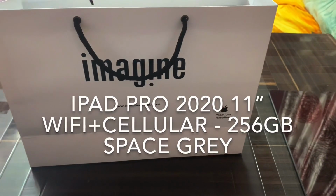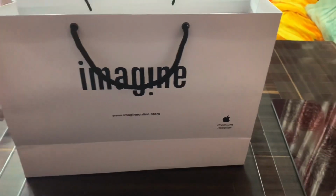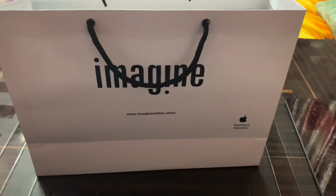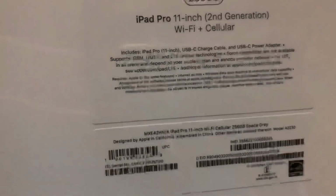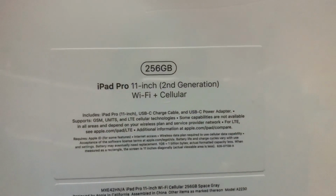Hello everyone, I have the latest iPad Pro 2020 launched in March this year. After a lot of struggle I managed to get my piece. It's not available anywhere in Bangalore. I had to wait for close to a month. I have the 256 GB Wi-Fi Cellular